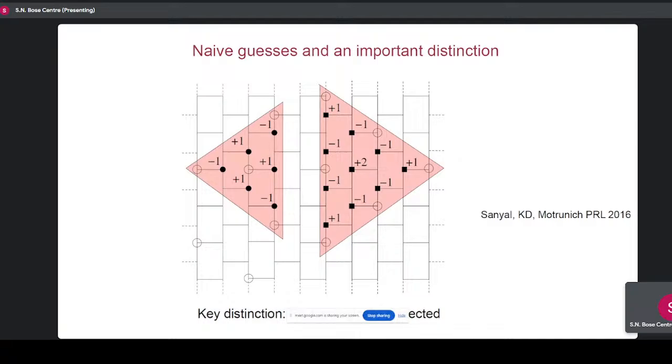And we made a bunch of naive guesses for what these exact zero modes could be due to. Here are 2 examples of the kind of guesswork we were doing at that time. These open circles are impurities, and these black dots are where the wave function lives, and you can check just visually that both of them will give you an exact zero energy wave function for the tight binding model for graphene. This graphene lattice is shown here in brick wall notation, but you should be able to translate in your mind and take a look.